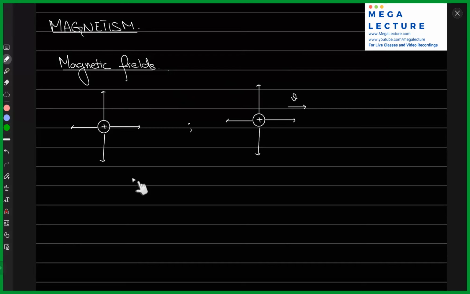So magnetism comes from the motion of a charged particle, right? There are two conditions. One, the particle should be charged, and the second, it should be moving. If it's just charged, then there will always be an electric field, right? And if it's now also moving, there would also be another type of field, which is called the magnetic field. And basically, electric and magnetic fields are two sides of the same coin. Why do I say that? It's because